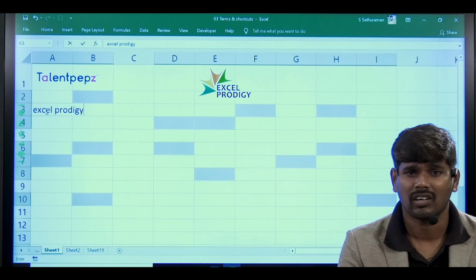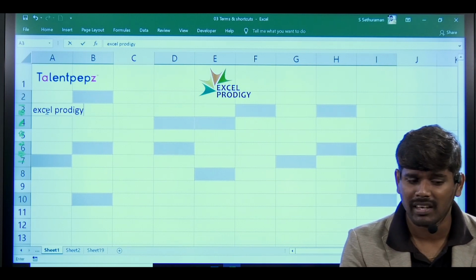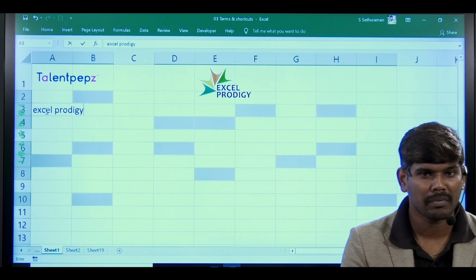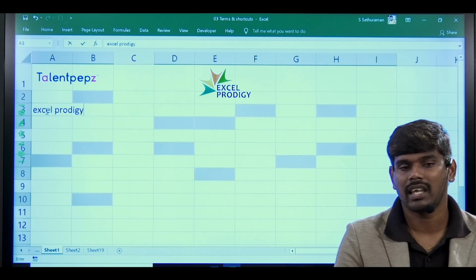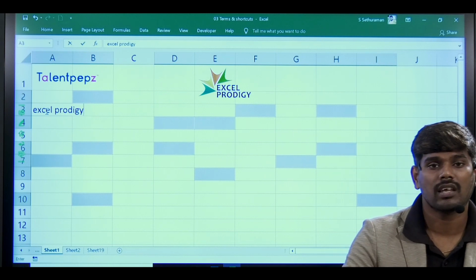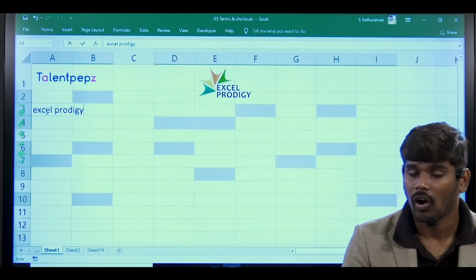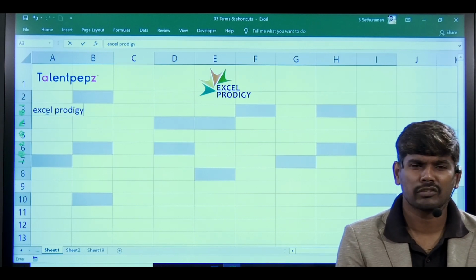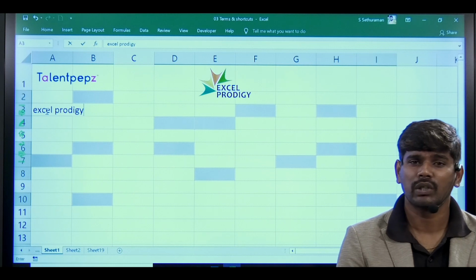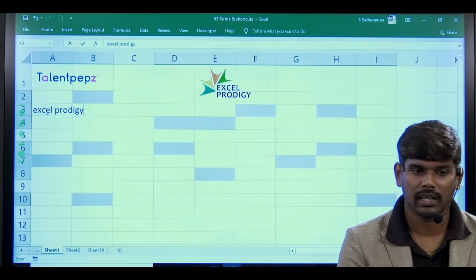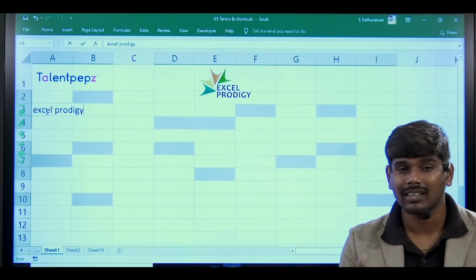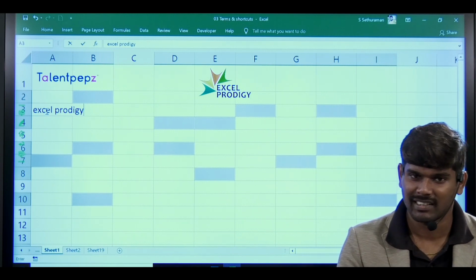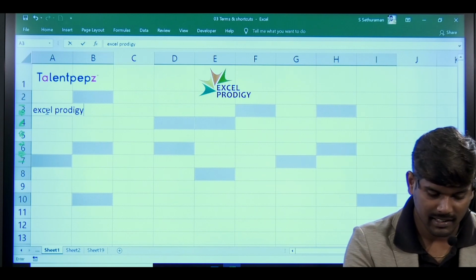If I press Enter or if I copy paste, in most cases it won't work. Have you ever noticed? While copy pasting, it will show that the copy area and paste area are not the same. This sort of selection can't be done. Excel will display a lot of error messages like that. And this can't be done with dragging or Control D, Control R either. So the most effective method is Control Enter.